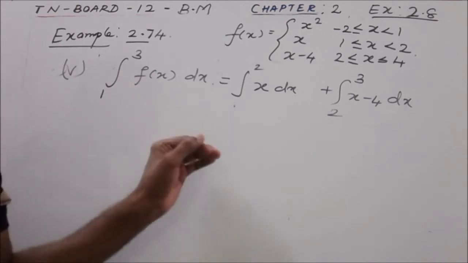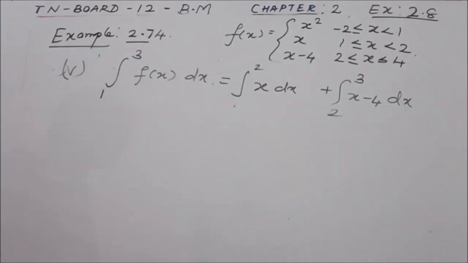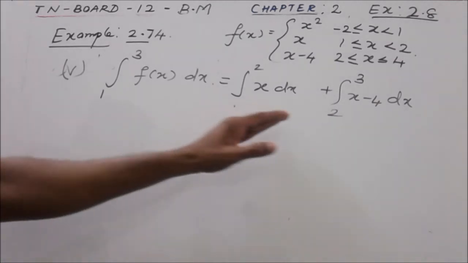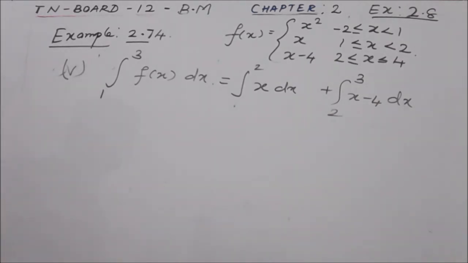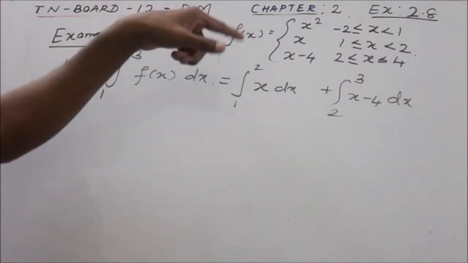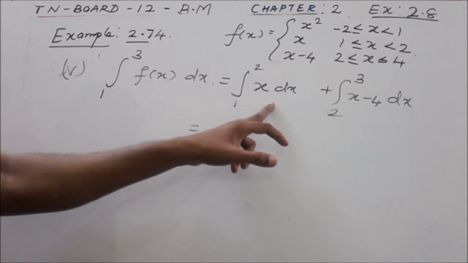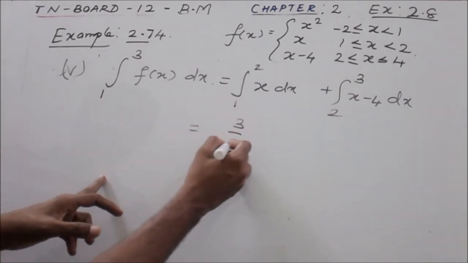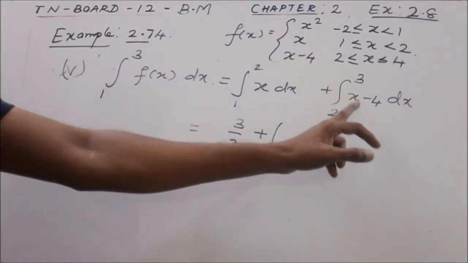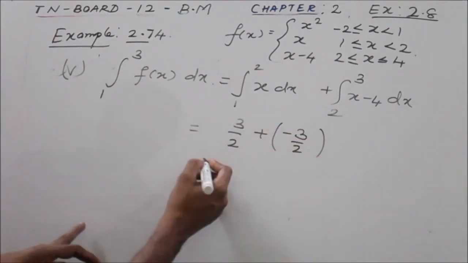If the fifth subdivision only is given in the question paper, you should do all these things and then write 0 as the answer. Suppose it is a part of a question and all the 5 subdivisions are given, you need not go for such long steps in the fifth subdivision. You can directly apply these two results. Already we have found in subdivision number 2 and 3, you can directly substitute. In subdivision number 2, we have found 1 to 2 x dx value is 3 by 2, and for the third subdivision we have found the value of 2 to 3 x minus 4 dx is minus 3 by 2. Then directly we can substitute 0.